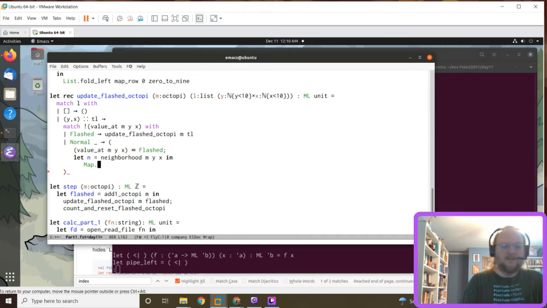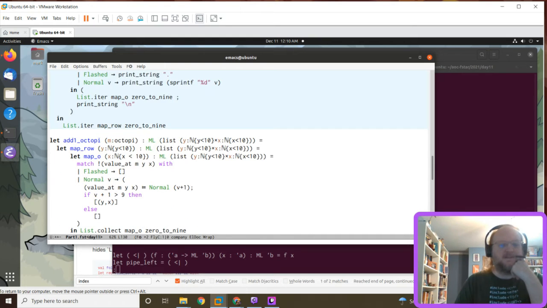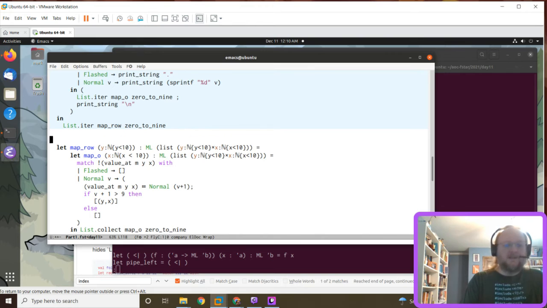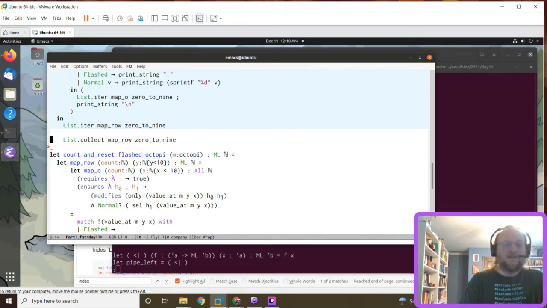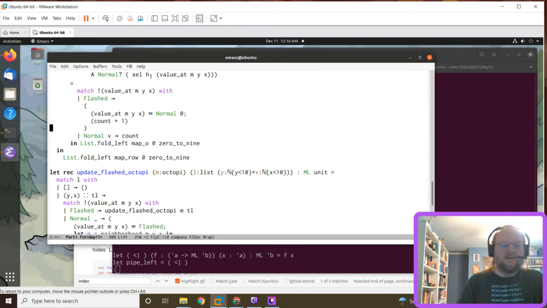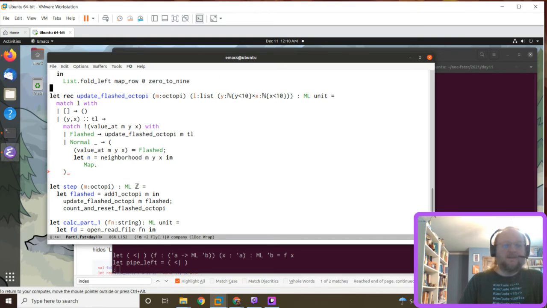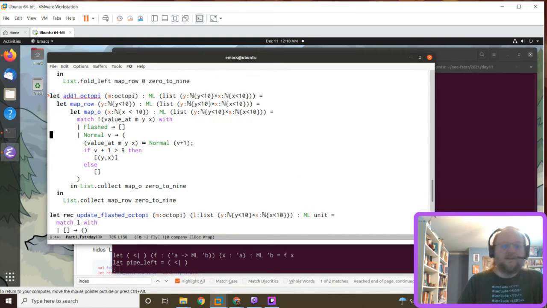So let's split that out as a function. Okay, so